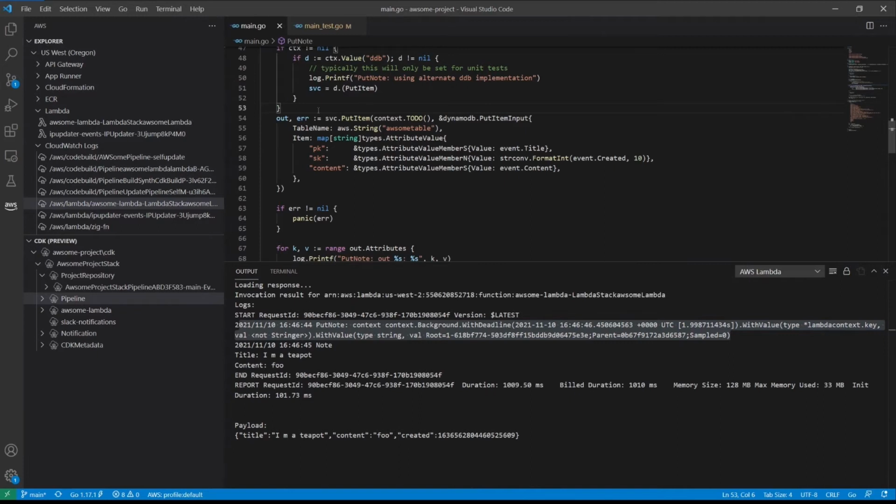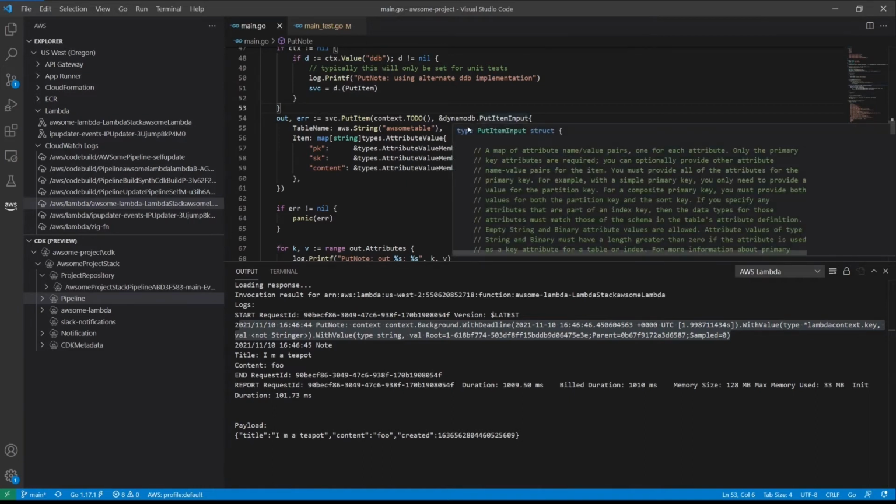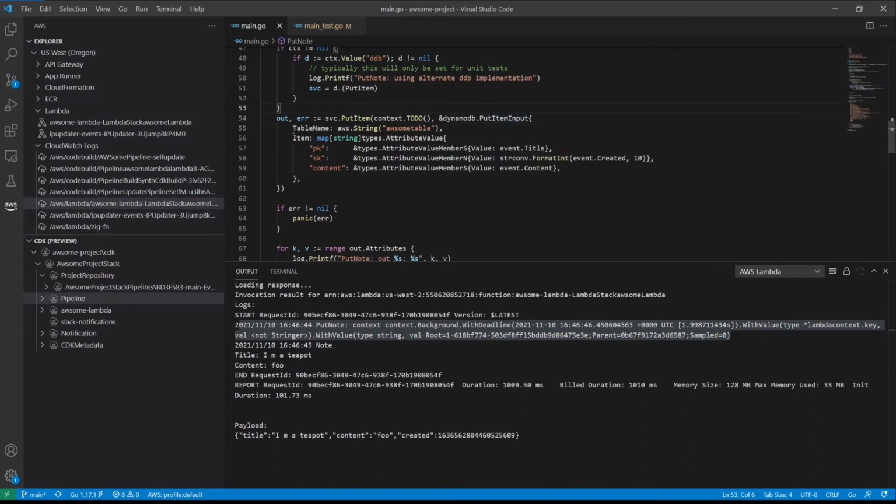There's a handful of types that you can use. Here we're using string types and number types. And the first thing that we'll need to tell DynamoDB is what is the table name that we want to use. So we're just using this particular table name. Of course, we could pass that in through environment variables. In this particular case, we know what it is, so we'll just code that in.